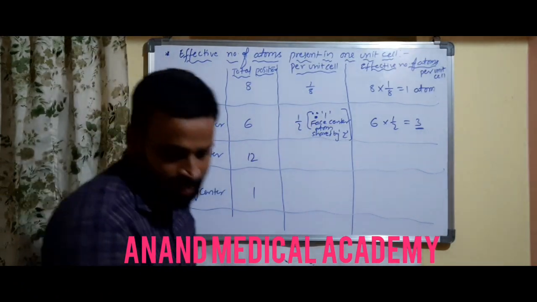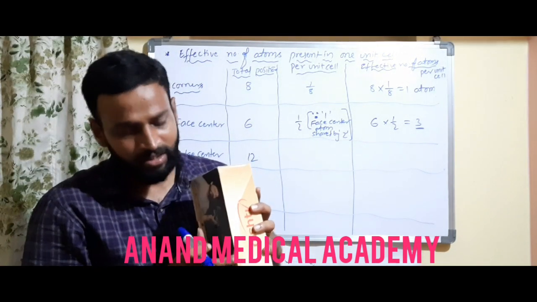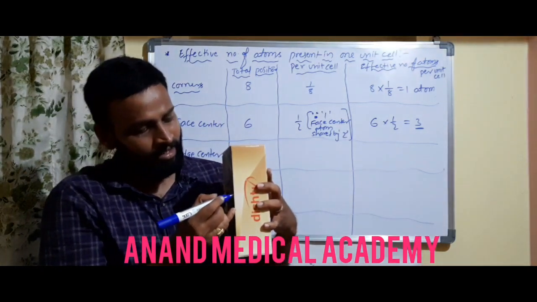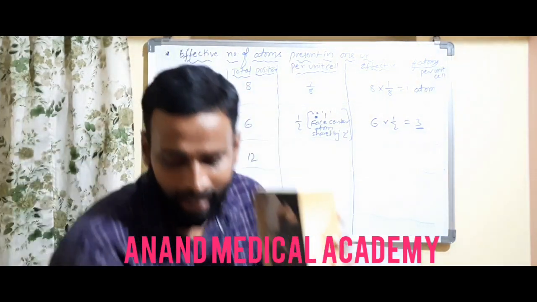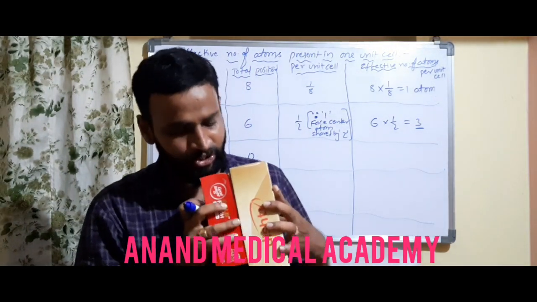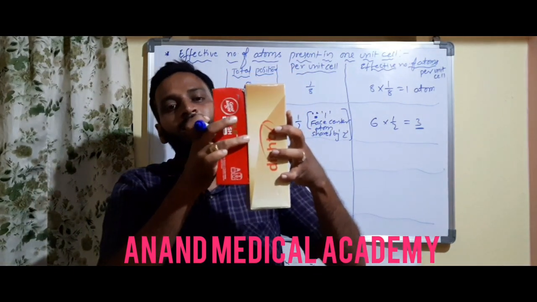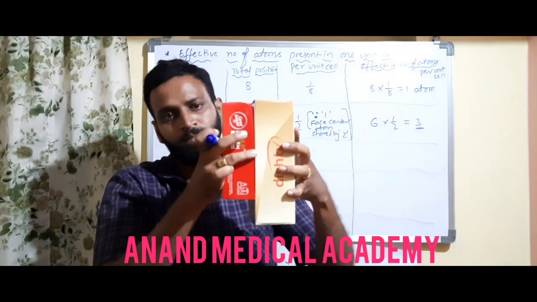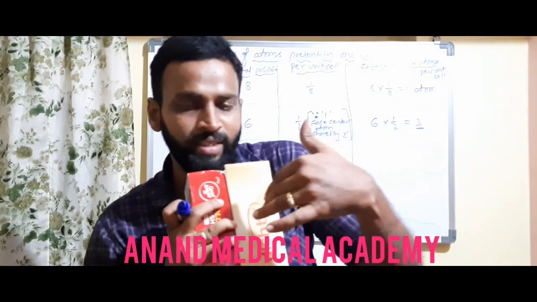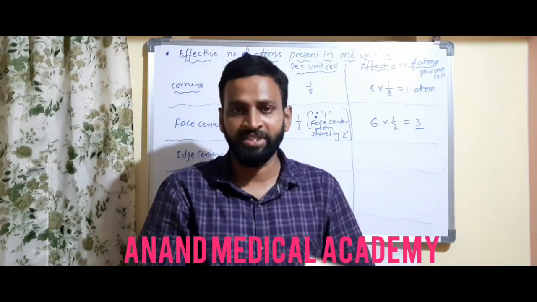Like that, edge centers. Come to the edge, it's very clear. This is an edge, this is all called edge, just observe carefully. This is an edge, and this is an edge center atom. Here you have an edge center atom. So this edge is shared by this edge particularly, see my finger here. And this edge will be shared by how many? Now 2 unit cells are sharing this edge center. Like that, I can place one more unit cell here and one more here. So this edge center atom is shared by 4 unit cells.